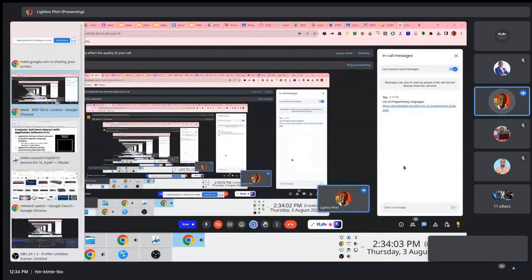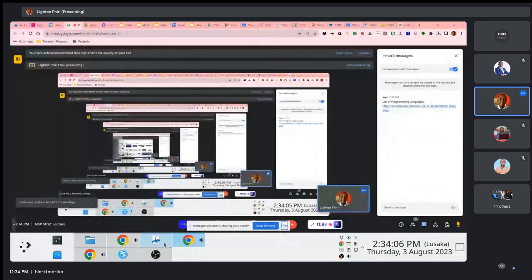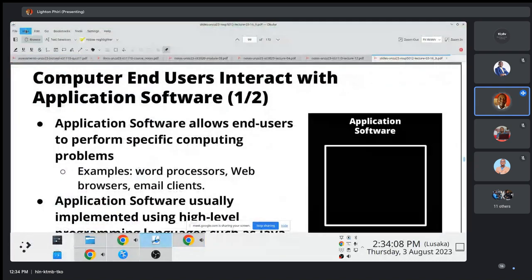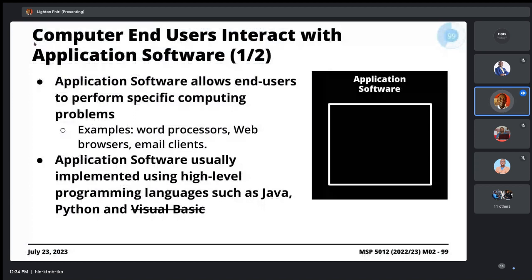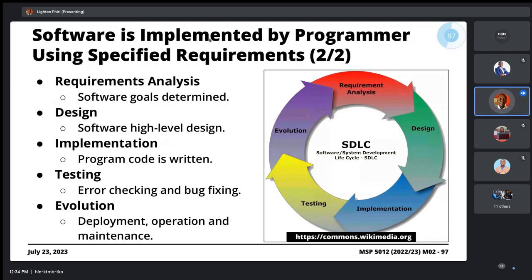But I thought I would just mention, in some instances, when you are gathering these requirements, it becomes necessary for you to specify to the programmer, as you're interacting with them before they start building this, to say, we want you to build this software using Java or using JavaScript. Part of the reason you are doing that is, at some point during evolution, the maintenance of the software will be the responsibility of your IT team, perhaps. Because usually when you subcontract a company to build software for you, there'll be a support period, typically maybe 6 months or 1 year or maybe 2 years, after which that company will no longer offer you free support.